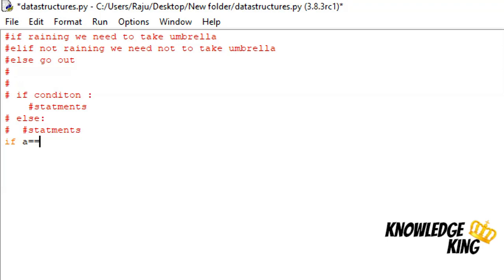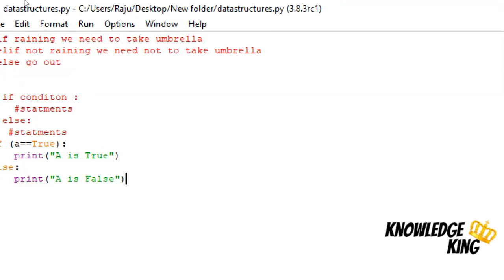Now I'll write if a equal to true. If a is true, I'll press enter and print a is true. Else, print a is false. Now if I run this,